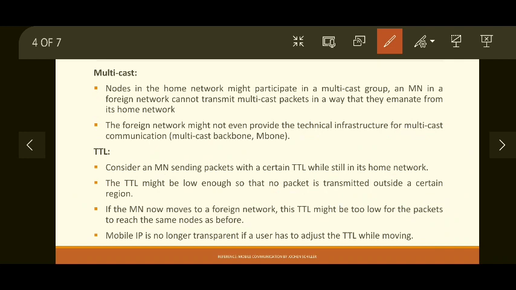So that multicast backbone, or M-bone, is the infrastructure responsible for creating the multicast groups, keeping track of all multicast groups, keeping track of all the nodes within each group, and then delivering the packets to each group. That M-bone may not be part of the foreign network, or may not be supported by the foreign network. If it is not supported by the foreign network, then a mobile node moving out of the home network will not work, and mobile IP will also not work. Okay, so that is the second issue.